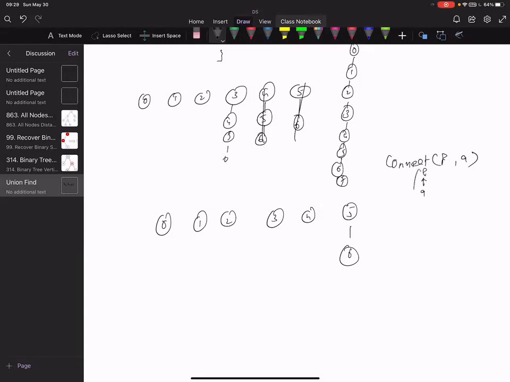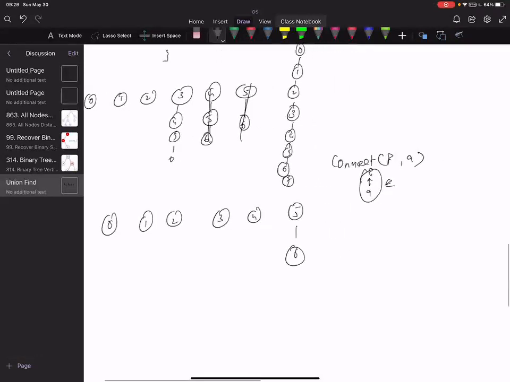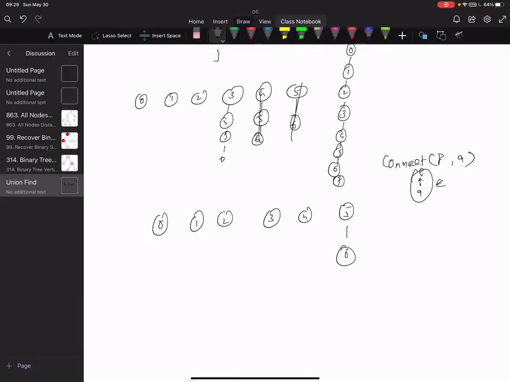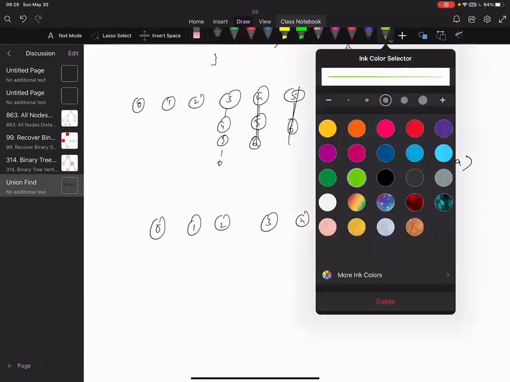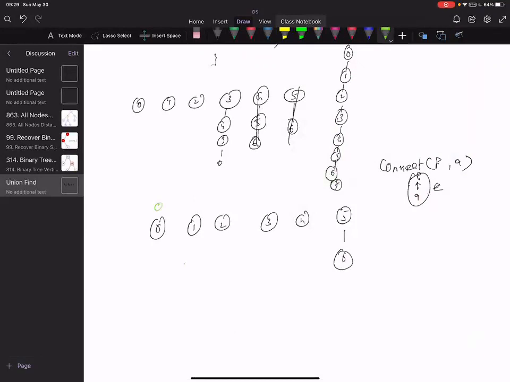Instead of doing this blindly, before that I will check the size of that component, right? Suppose with each node I am maintaining the size also. Let me write down the size in a different color.